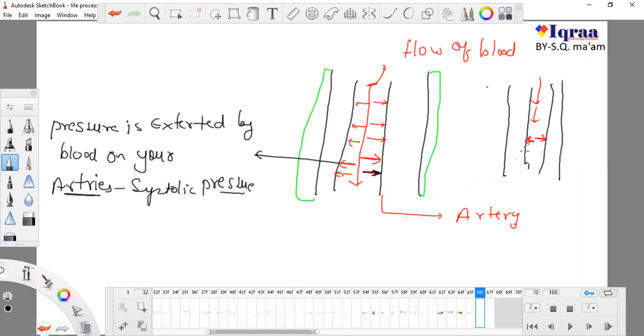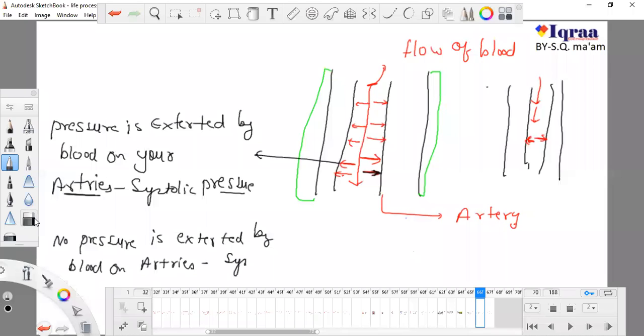So at this time the ventricles are relaxed, so no pressure is exerted by blood on arteries. It is known as diastolic pressure, when the ventricles are in a relaxed condition. So the systolic pressure is measured in terms of pressure, and the unit of pressure is